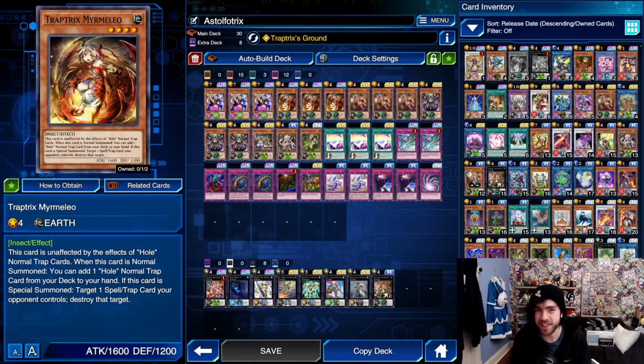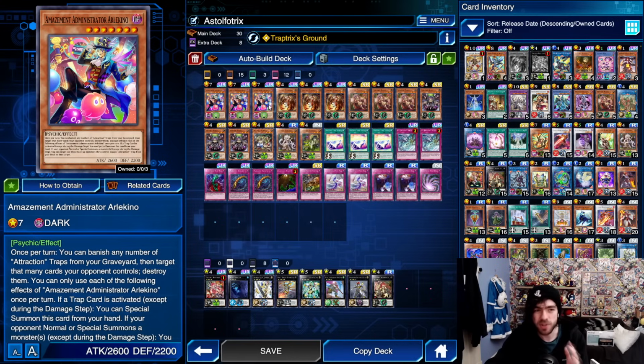Alright, let's get into this deck list. So first things first, why exactly are we choosing to play 30 cards for this deck list? Well, in my opinion, after testing it out and trying a few different lists, I found that playing Amazement with Traptrix was just a way better way of playing it, as Amazement makes any trap art type seem a hell of a lot stronger by giving it a significant boost and giving it an extra boss monster to play